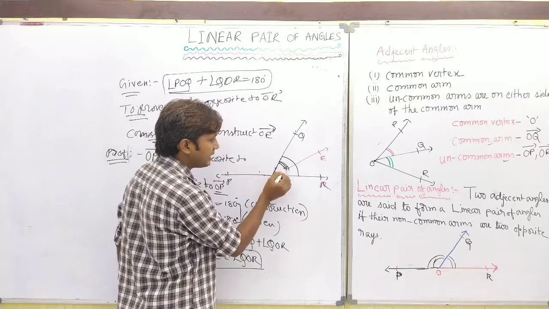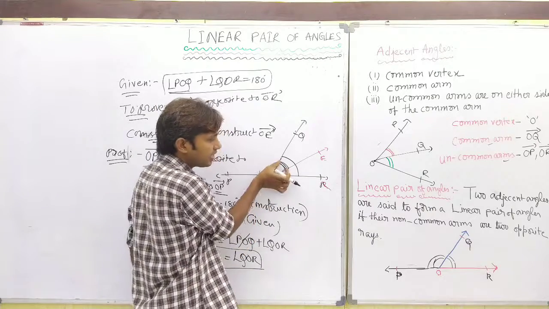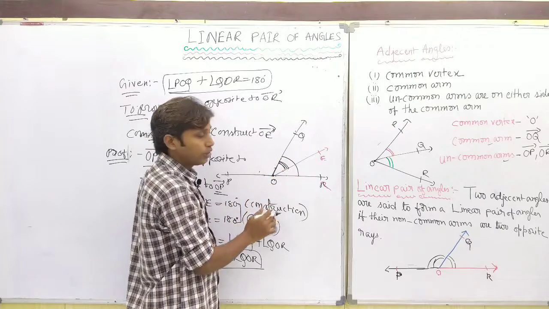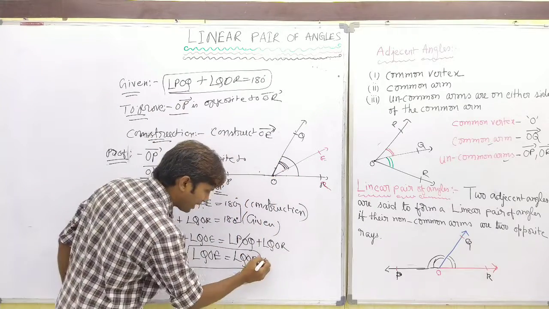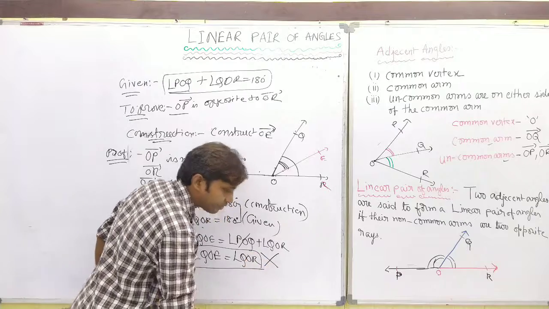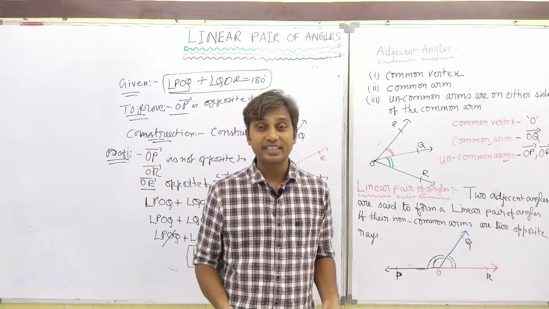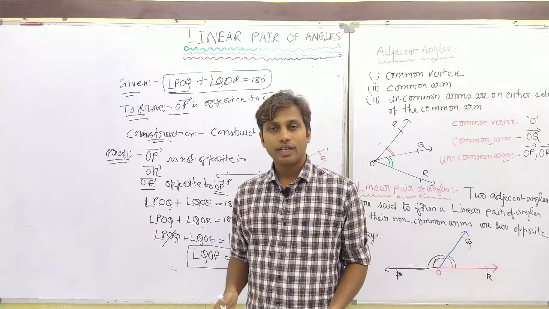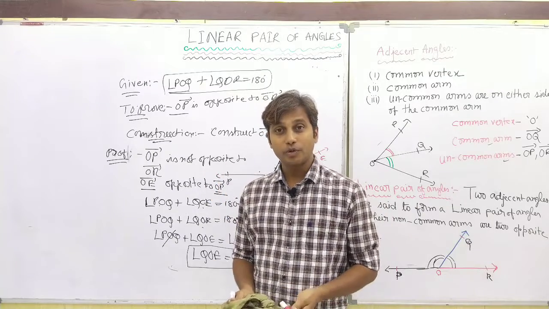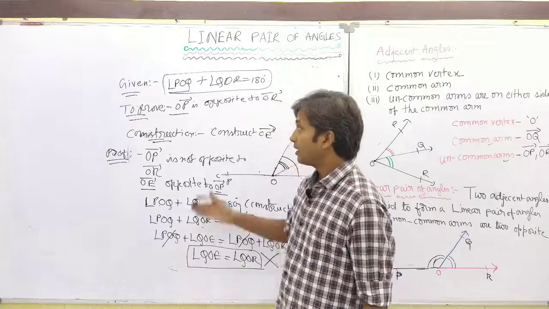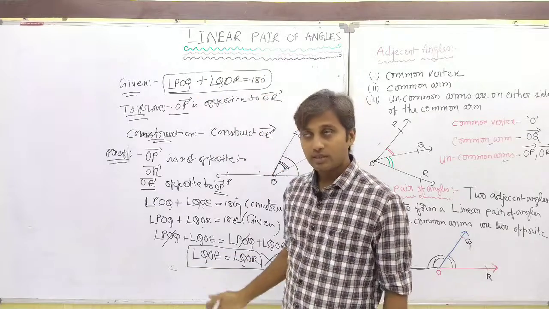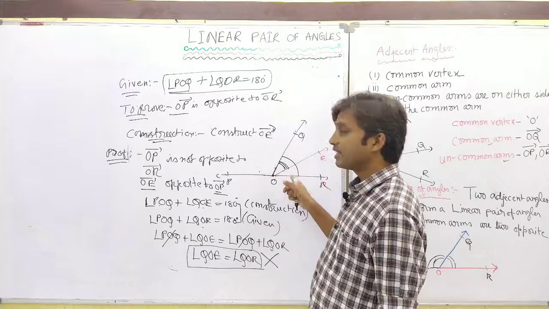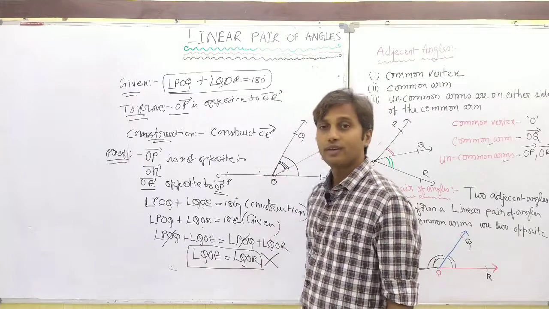Is there any possibility, after seeing this diagram, that you can say these two are equal? This is this much only, but this is a bigger angle. So can these two be equal? No, not exactly. That means the condition we obtained is exactly wrong. We have contradicted the statement we took, that some ray OE exists opposite to OP. From the given data, we got unequal angles as equal. So it is a false statement.